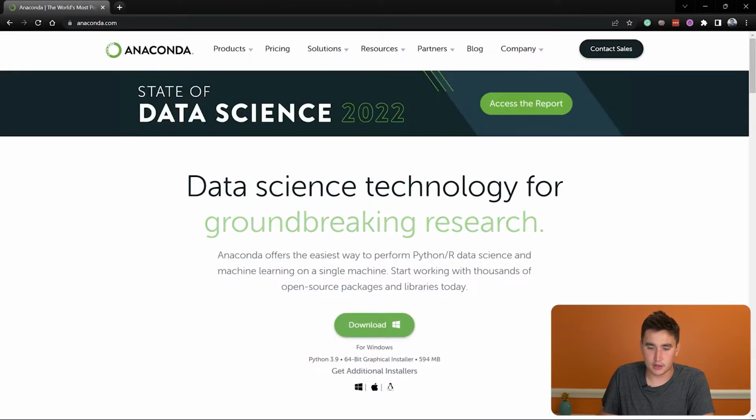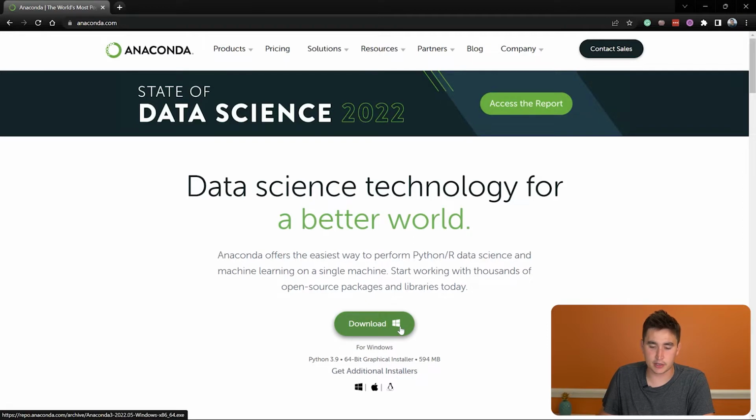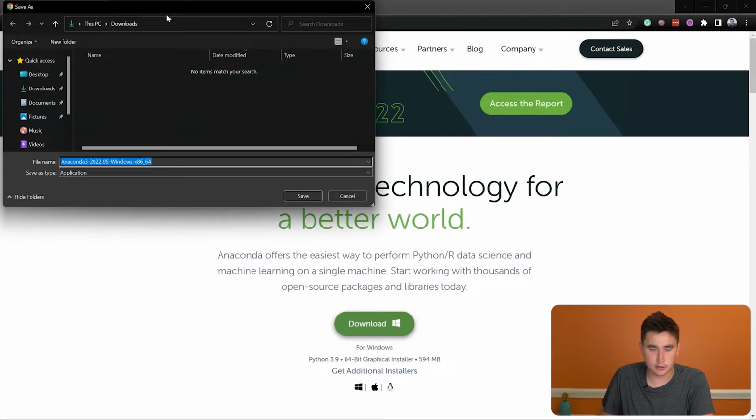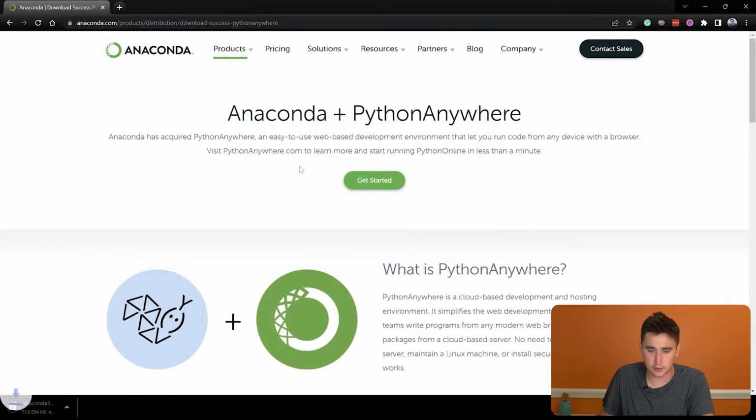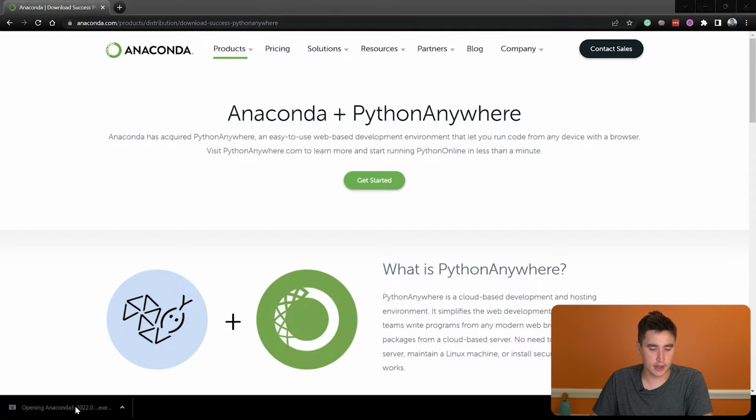And then what we see here is this download button. It already detects that I'm on a Windows system, so we can go ahead and click this. If you're on Mac or Linux, it'll be a similar process. Just follow the steps. Download. The default location is fine for me, in my downloads folder. Give that a sec. All right, once that's downloaded, you can go ahead and click on that